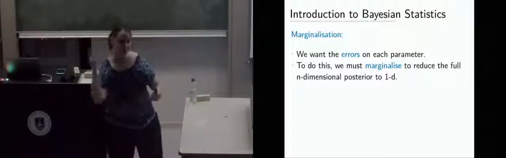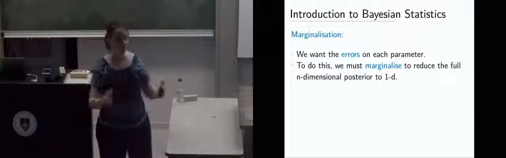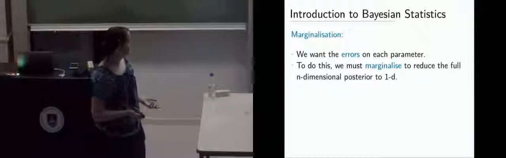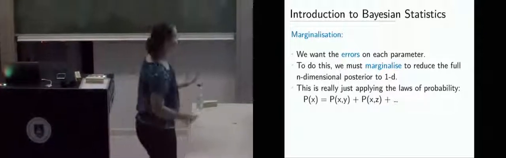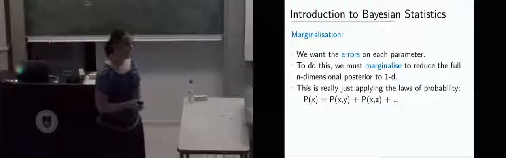Now you can't just take a slice through that posterior because you might be taking the wrong slice. You've got to take into account all the other parameters. You've got to do this thing called marginalization. When you marginalize, you're just applying the laws of probability. That's all you're doing. If I want to know